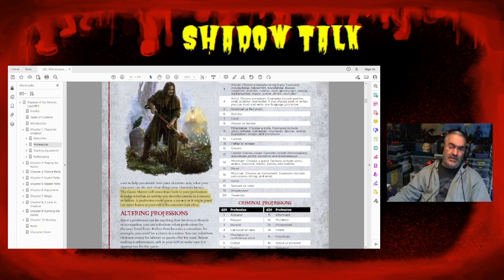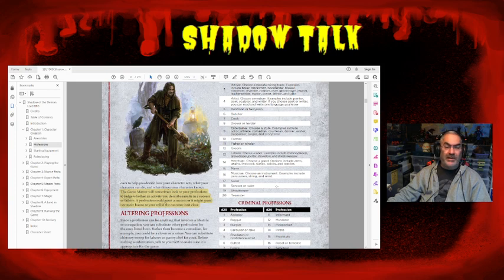So what do these two sentences mean? Well, basically, these two sentences take the place of the various skills that are in other role-playing games. Now, using professions in the place of skills is not necessarily a new concept. I mean, this has existed in other games such as Warhammer Fantasy and I think Dungeon Crawl Classics as well. But it is a nice departure from a set of skills that everybody has, and it leaves it more to